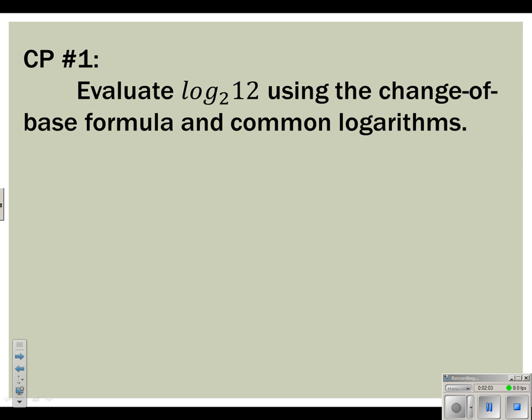So in checkpoint problem number 1, if you're looking on page 383, it says to evaluate log base 2 of 12 using the change of base formula in common logarithms. So if we're using common logarithms, we're doing the regular log, not the ln, but we would set this one up simply as log 12 over log 2. And if you punch those two into your calculator, you end up with,